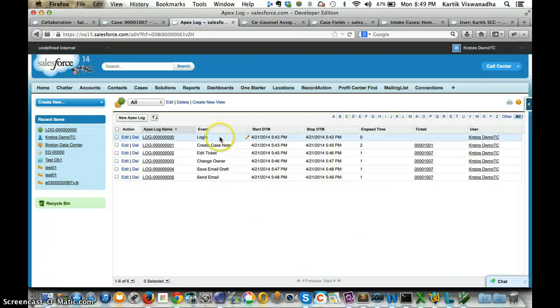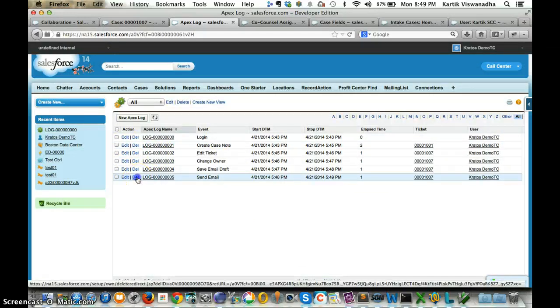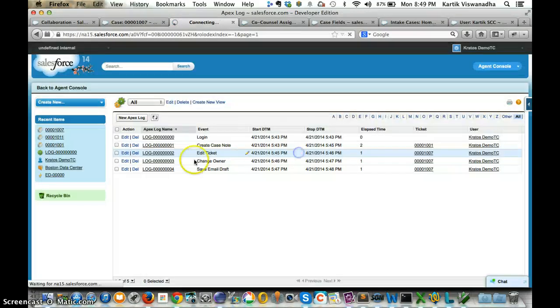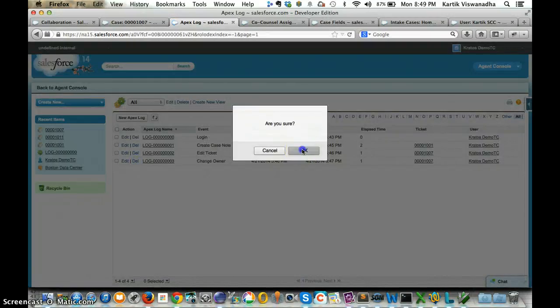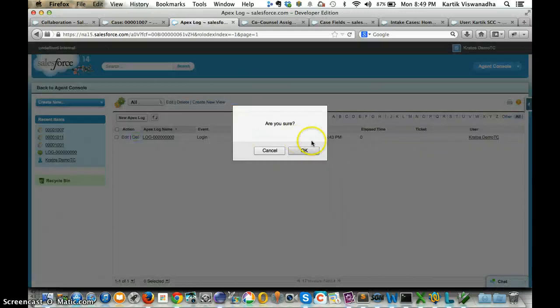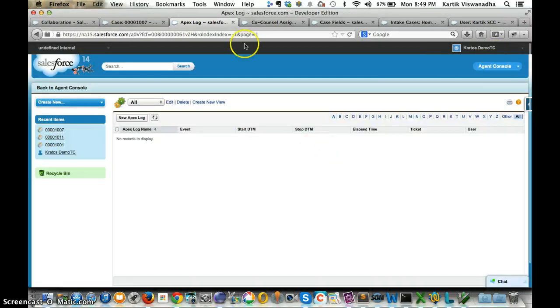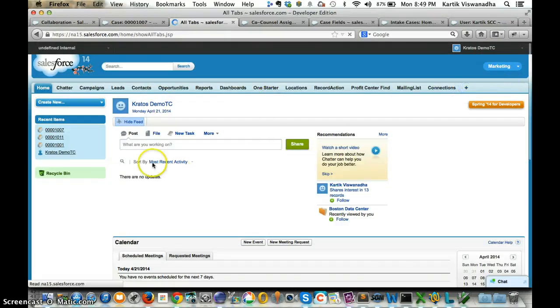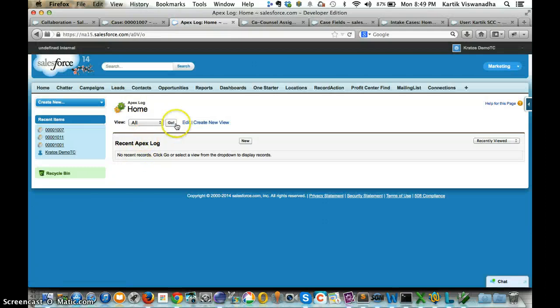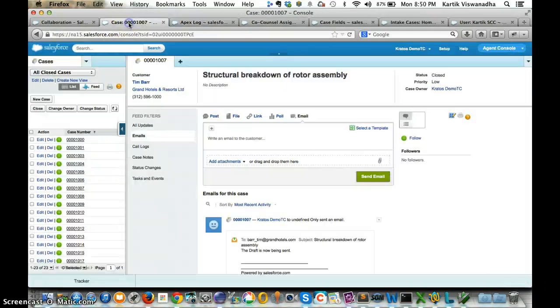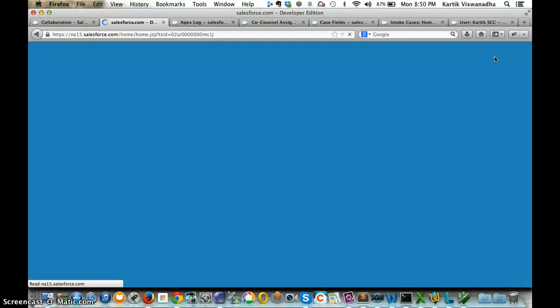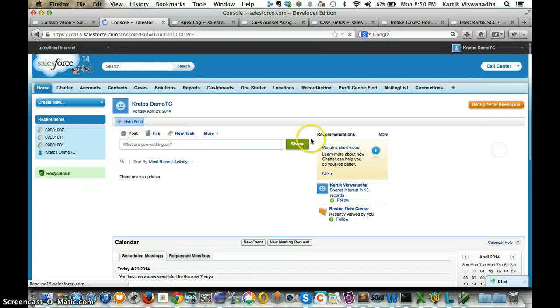So let me reset everything. So let me delete everything. So now I deleted everything. So I'm going to this one. I don't have any records. So if I go back and log into the agent console,